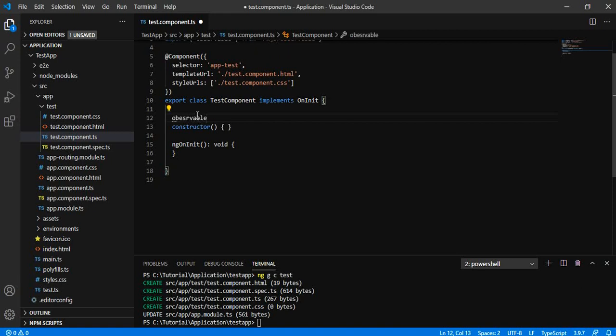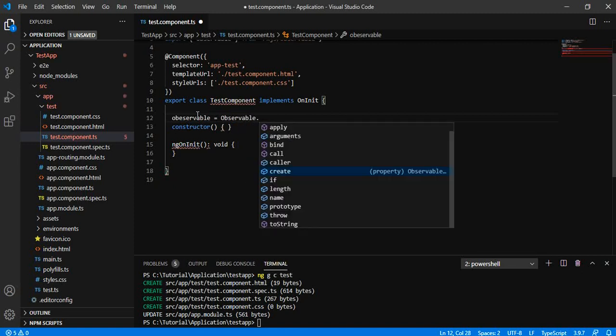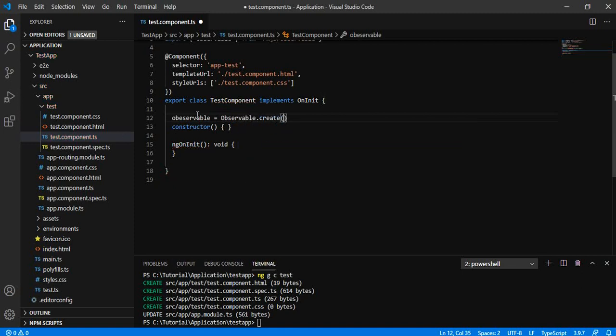Let us create the new observable. So we have now created the new observable.